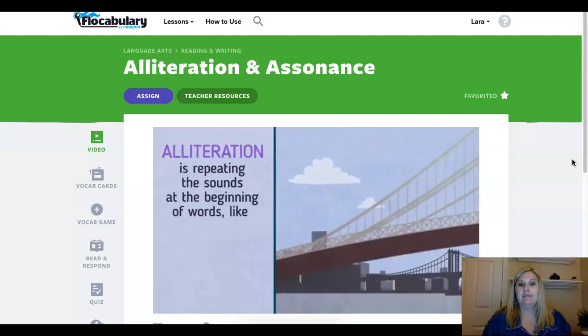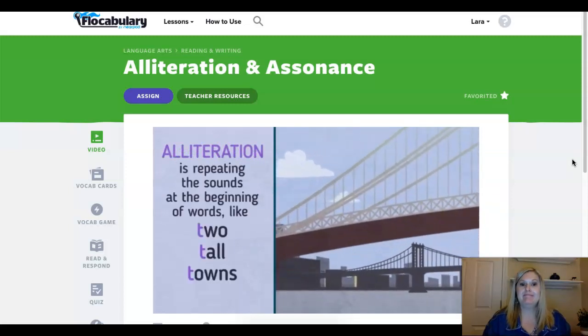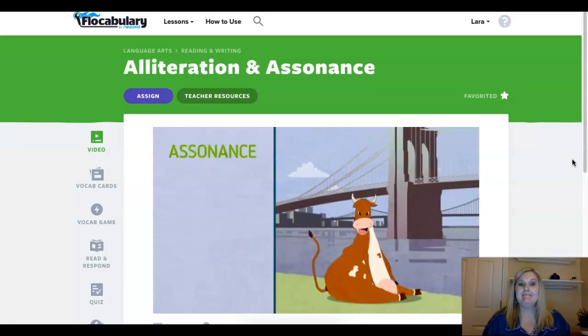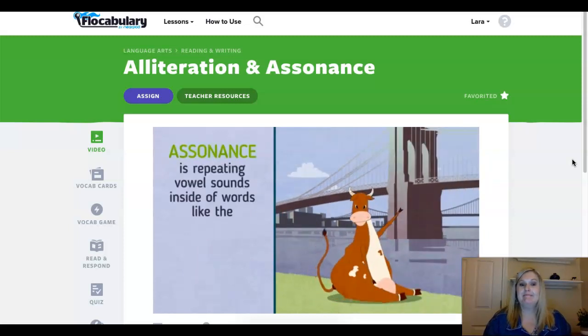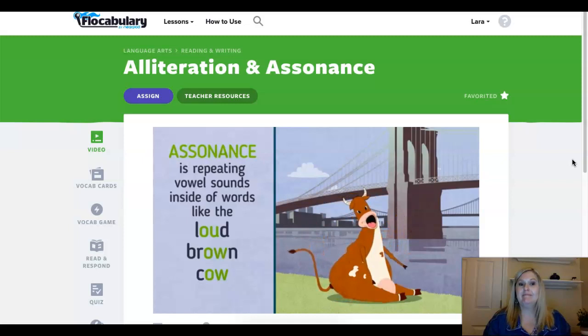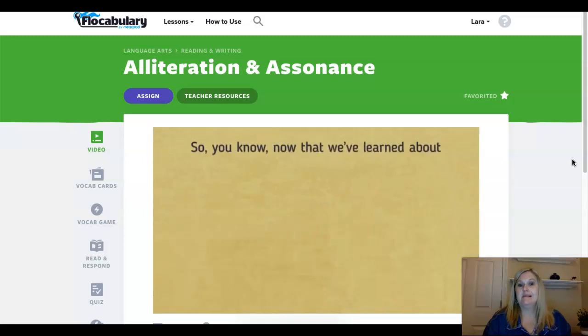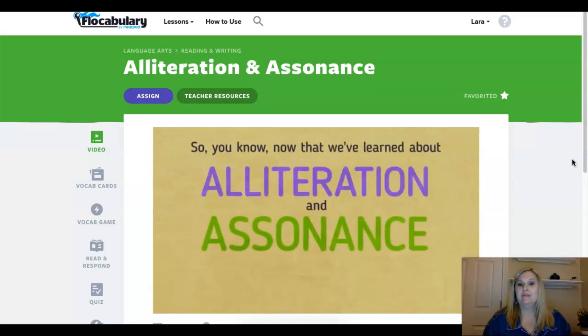Alliteration is repeating the sounds at the beginning of words, like two tall sounds. Assonance is repeating vowel sounds inside words, like loud brown cow. Now that we've learned about alliteration and assonance,